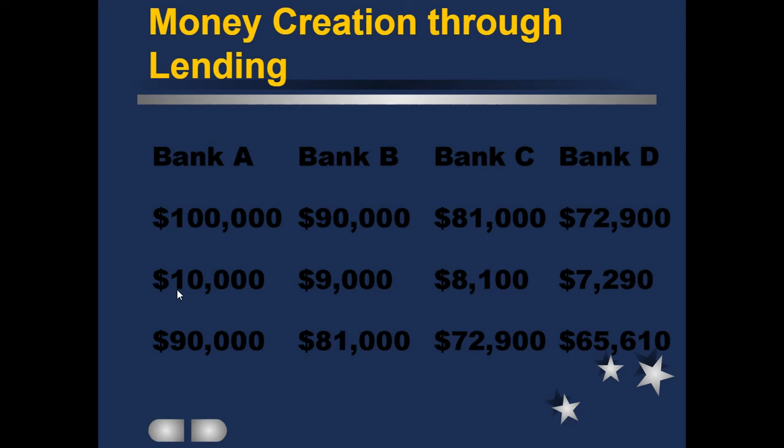So Bank A has to keep on hand $10,000 of it, right? Let's say it's 10%. So $90,000 of my $100,000 deposit can be used to make loans, or invest in a particular way. So let's say that $90,000 of it is borrowed from Bank A. This is my $100,000. They have to keep $10,000. $90,000 is lent out through loans.